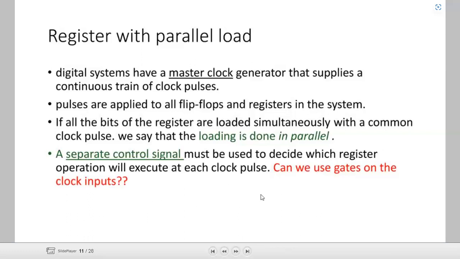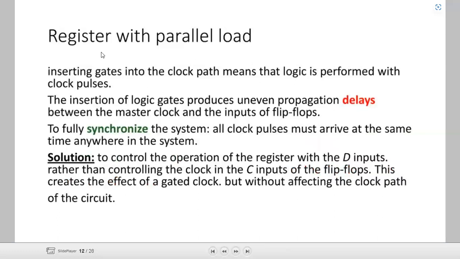All right. Register with parallel load. Inserting gates into a clock path means that logic is performed with the clock pulse. The insertion of logic gates produces uneven propagation delays between the master clock and the input of a flip-flop. In other words, delay. You understand? So you might have different operations going on. In other words, you can interrupt the